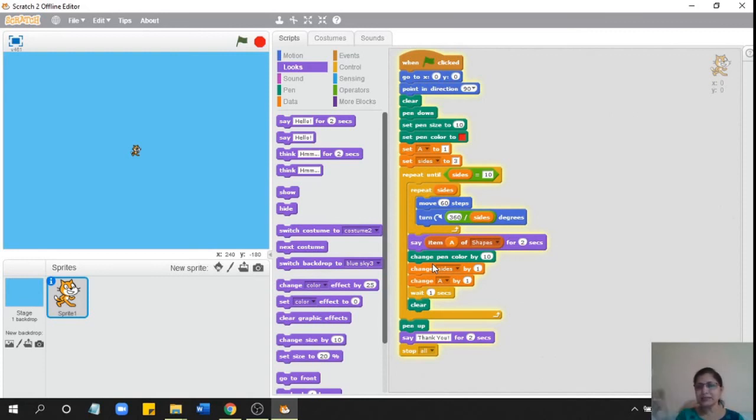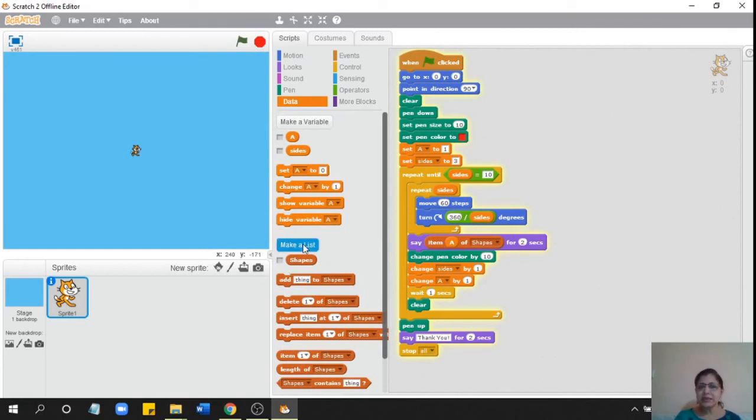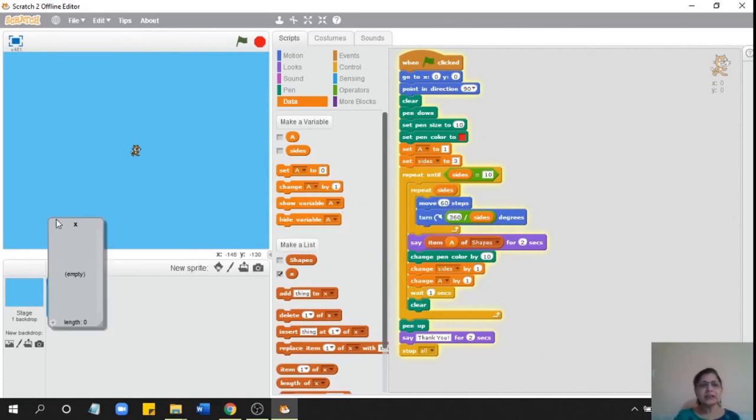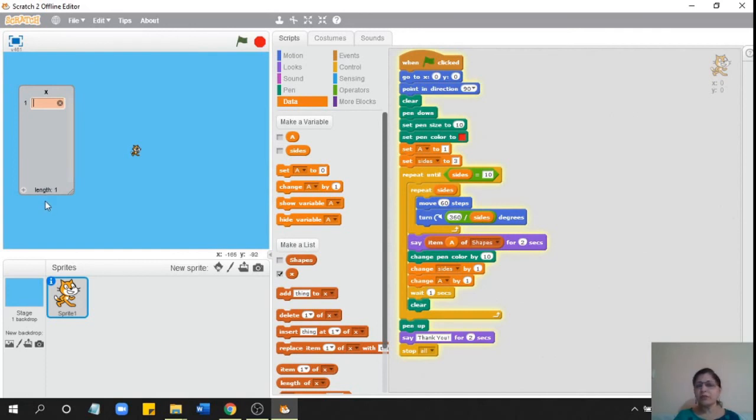And then a little new concept you learned was adding the command over there, writing the shape name, what is the shape of the polygon. For that we used a concept called arrays in programming. In Scratch it is called list. So to create a list, I went in the data block, I said make a list, and gave the name shapes. So after I say make a list, suppose I say X, then it will create a list here like this on the screen, and you can simply click on the plus and start typing all your commands here.